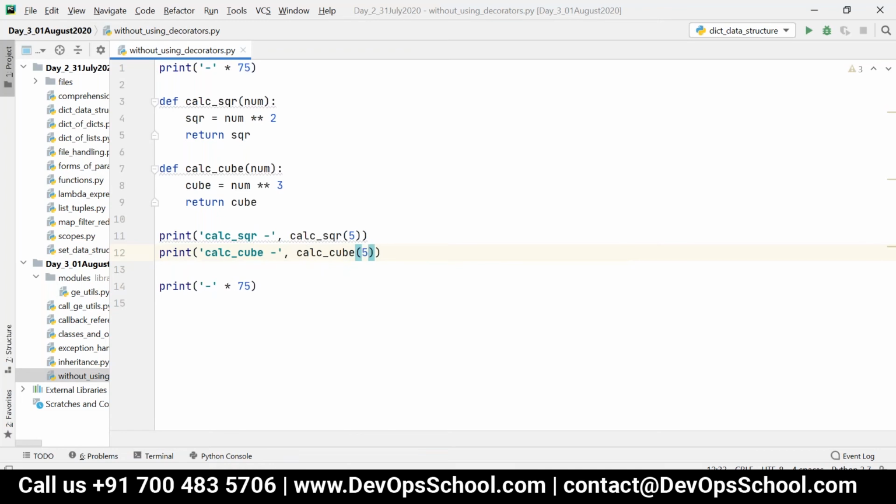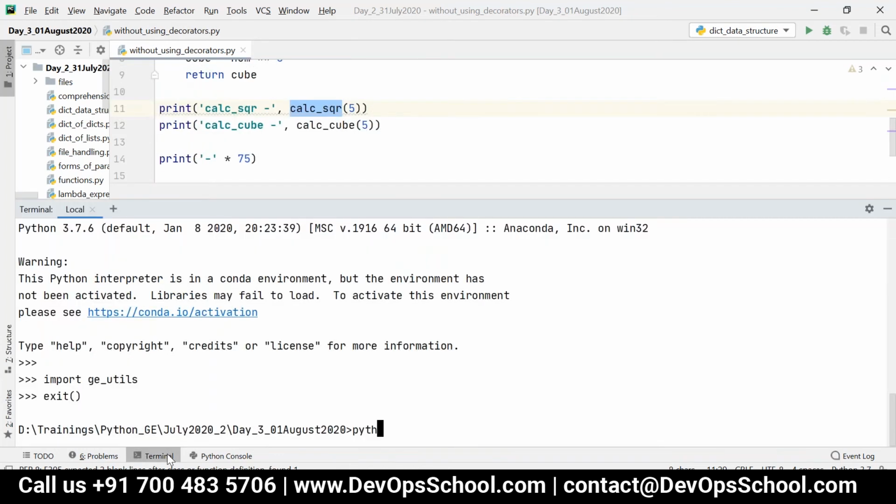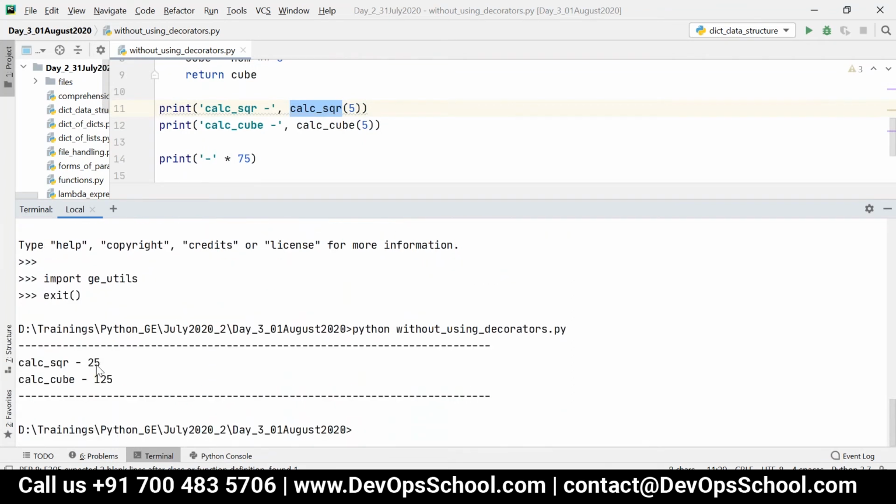So this will call the sqr function, and the square of that number will be calculated and returned. Similarly, calc_cube will call this function, and the cube of this number will be calculated and returned. If I execute this, calc_sqr is 25 and calc_cube is 125.